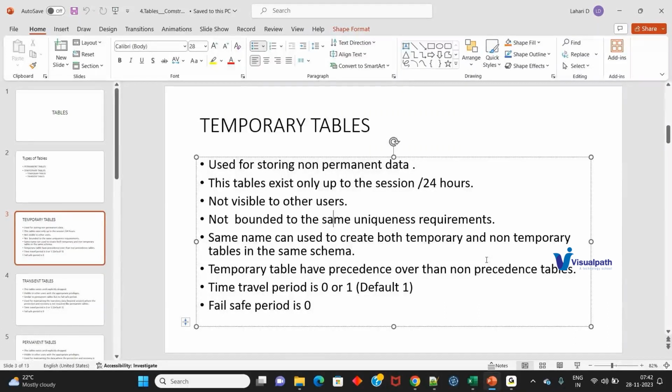So how can we travel back to that particular backdated date? That is not possible. So time travel default will be 1 day. That means only temporary table is available. Next, after the time travel period, normally on permanent tables, after the time travel period, the